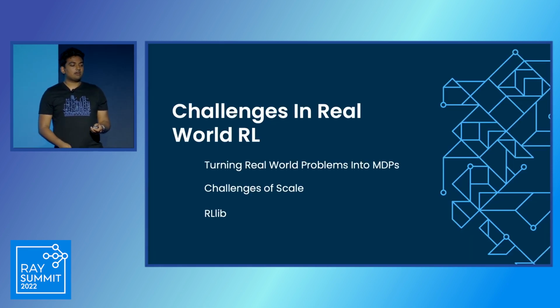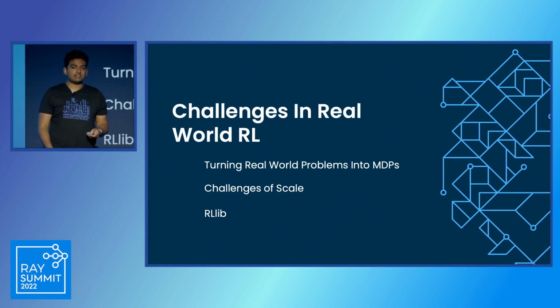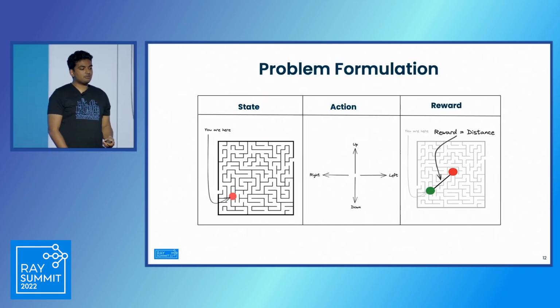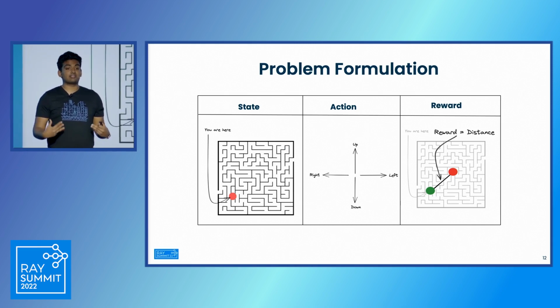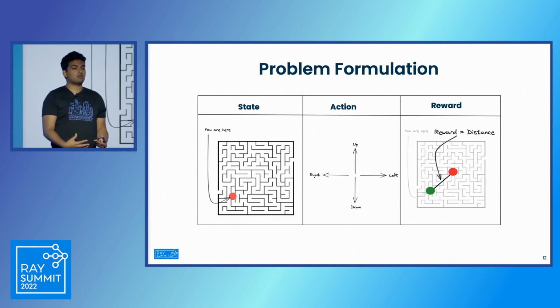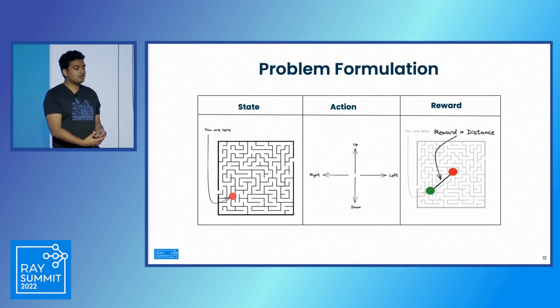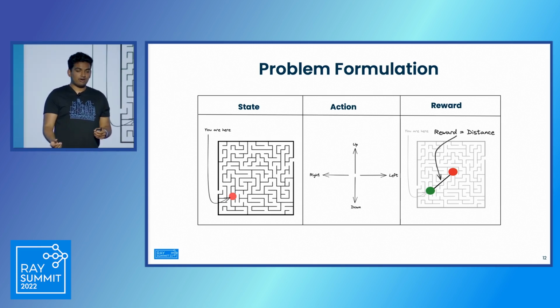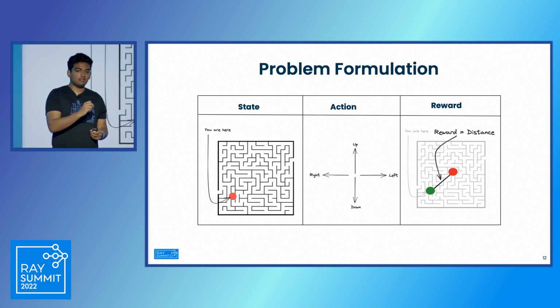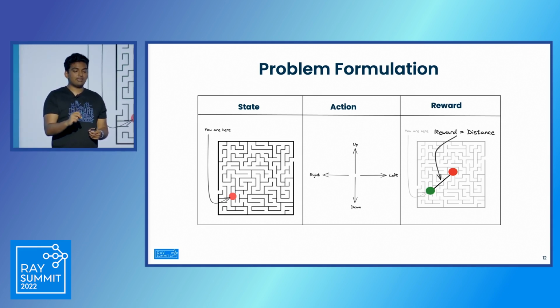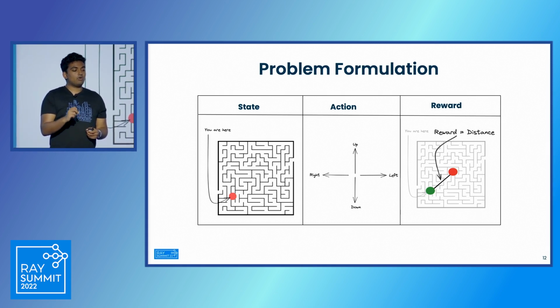Now I'll pivot here, and I'll talk a little bit about the challenges that we see in real-world reinforcement learning that some of our customers face. And so starting with the most basic one, I think often people get very excited about reinforcement learning, but they have difficulty formulating their problem. So I'll start by just going through the problem formulation with you guys for this simple example where there is a point mass inside of a maze, and the point mass's goal is to get to the center of that maze. So if we're designing this environment, there's three things that we need to specify.